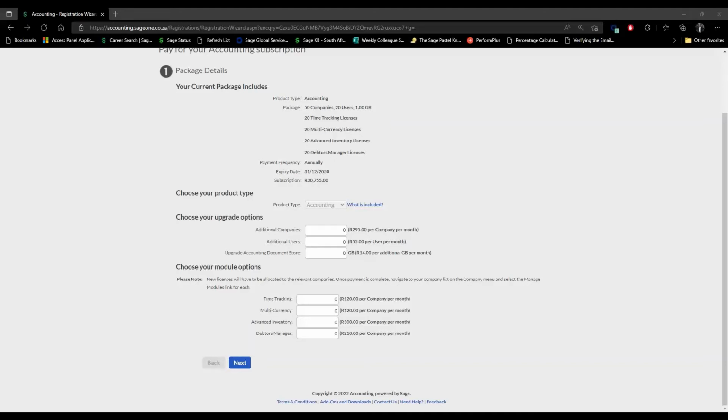So we can unfortunately not have that feature in, for example, higher up, maybe for example, West Africa or in Europe and so forth. So it's specifically unique to South Africa. And then there's a type 4, which would basically mean if maybe, for example, your client just required you to process in January, but for the rest of the year, there's no processing that needs to be done, you can change that type to type 4, and then there won't be any processing involved there, meaning there won't be any price attached to that. So that is also uniquely available if you have five or more companies and you're part